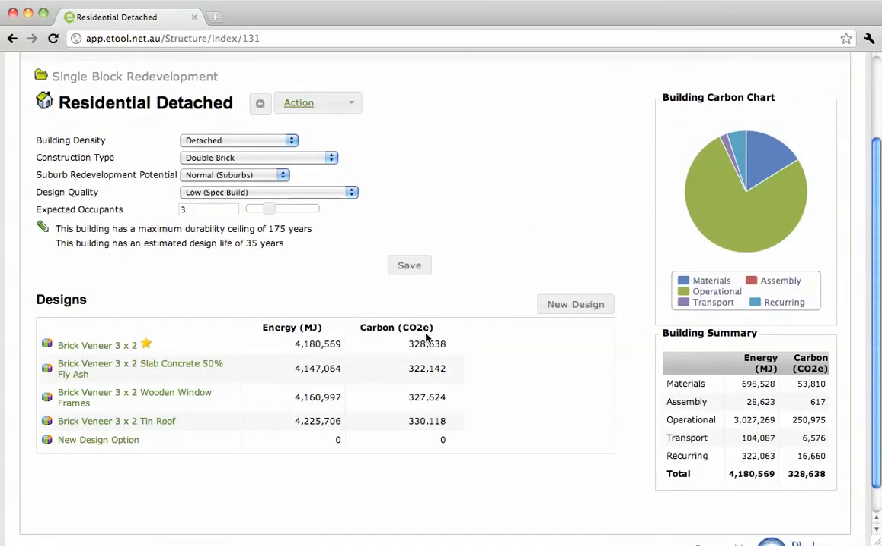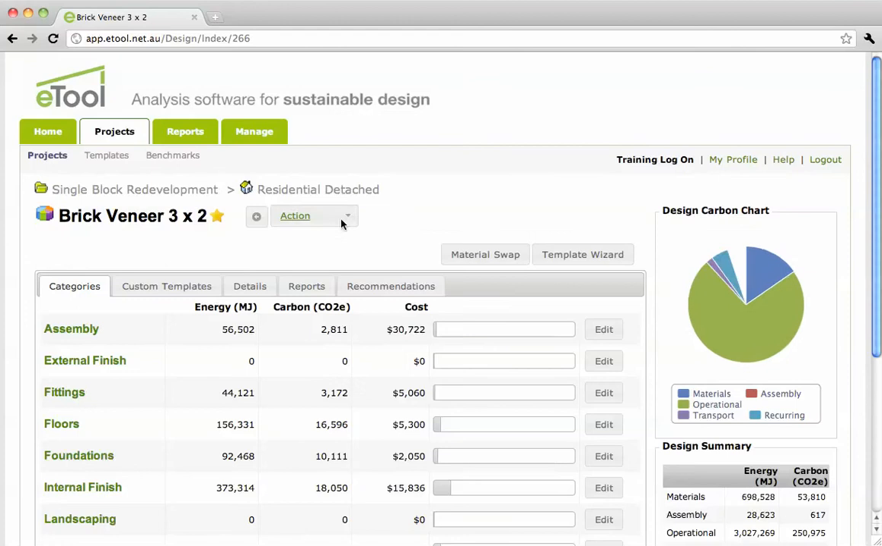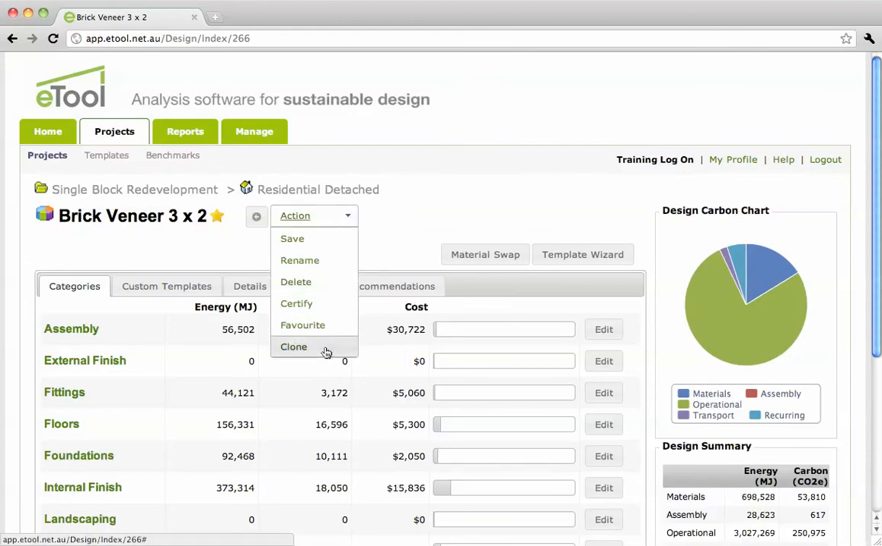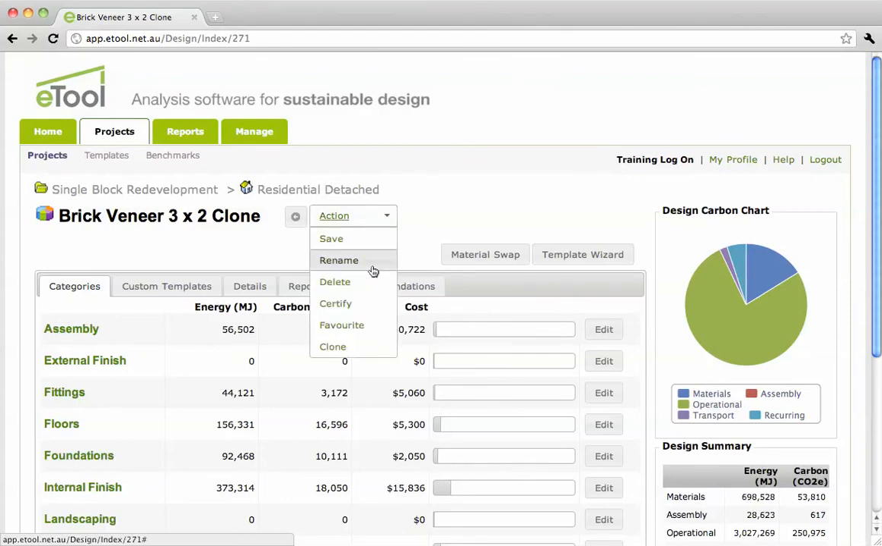If we go back to the building now, we can see there that that new design option has been added, and there's no impacts associated with it because it's a blank design. If we want to actually copy a design or clone a design, navigate to that design and then use the action drop down to clone the design, and this creates an exact copy of that design. So we can rename that,